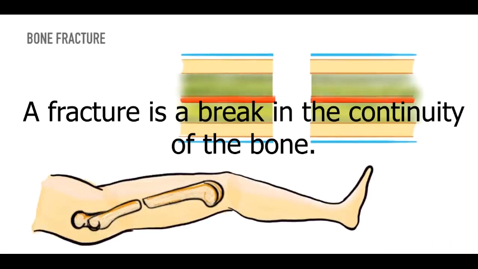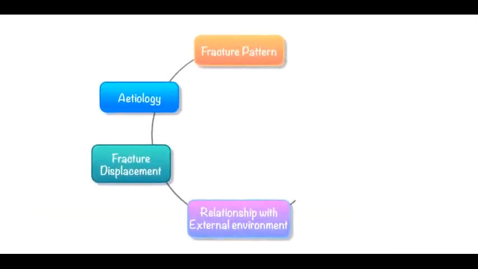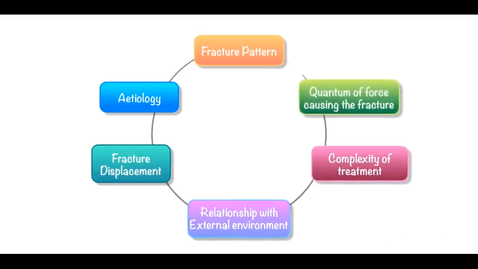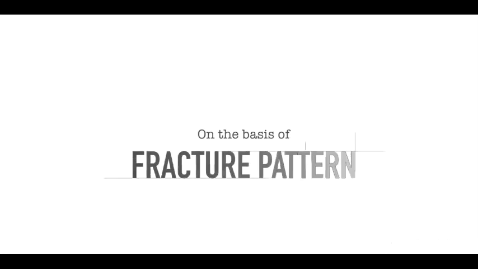Classifications of fracture. Fractures are classified on the basis of etiology, communication between the fracture and the external environment, displacement of the fracture, and the pattern of fracture. We will first start with pattern of fracture for the purpose of this video presentation. First, classification on the basis of pattern. These are classified into 5 depending on their patterns of fracture, and they are: